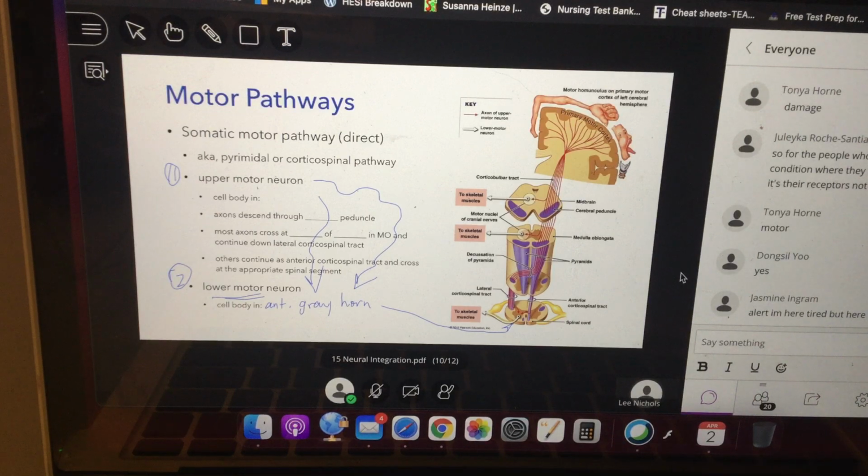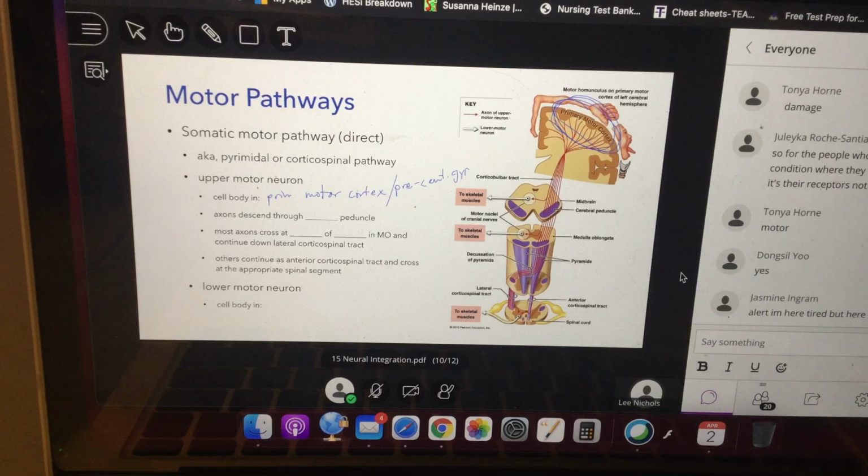Okay? So, the cell bodies of the upper motor neurons, right up here. Primary motor cortex of the precentral gyrus. Okay? They descend through the cerebral peduncle of the what we call the midbrain last week. Most of them, about 80% of them, cross at the decussation of pyramids in the medulla oblongata and continue down